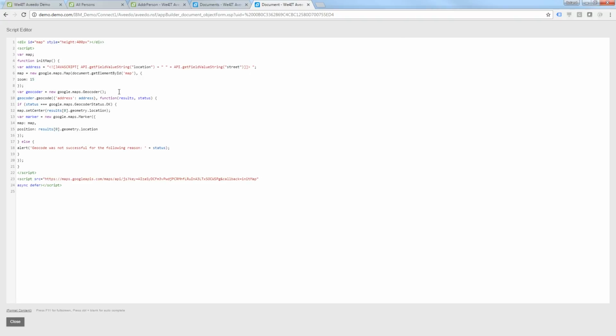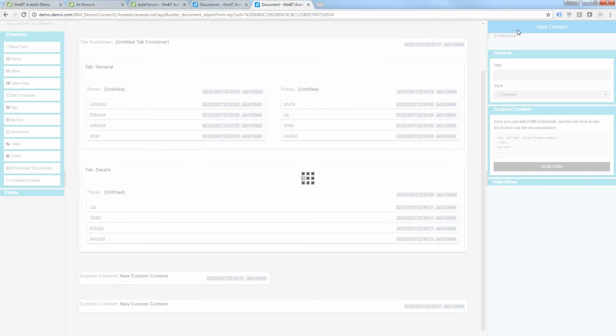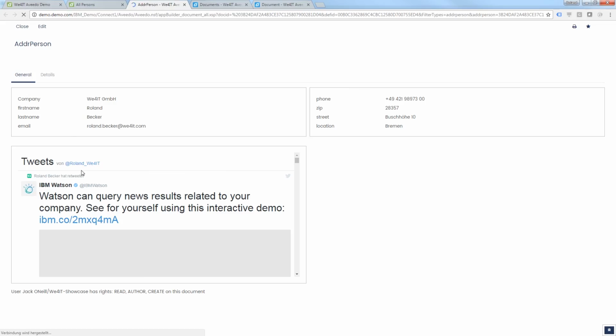Let's waste no time. I've prepared that. It's a standard script for displaying Google Maps locations. And here is the interesting part. Here is where we get the values of our location and street fields, pass that on to Google, and then once we save that and apply it, it's done. So let's reload that,